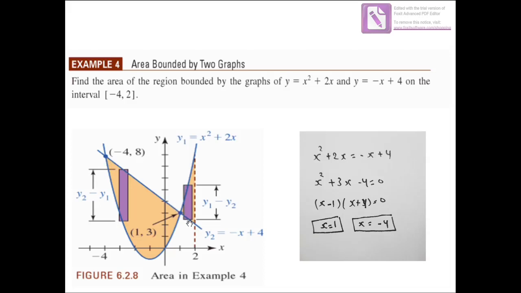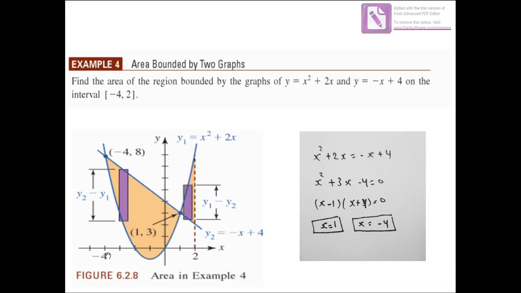But we need to evaluate the area until 2. So we need to divide the integration in two parts. The first part will be from -4 to 1, then the second part will be from 1 to 2. Why do we need to take these two parts? Because for the